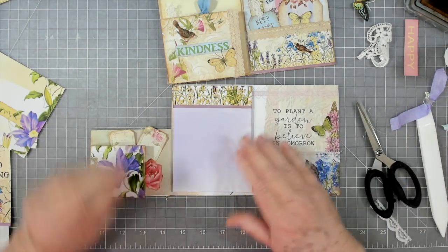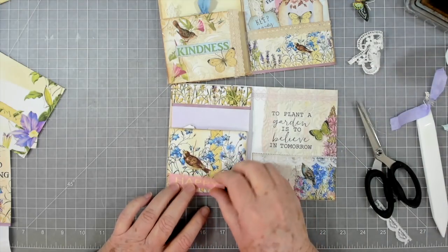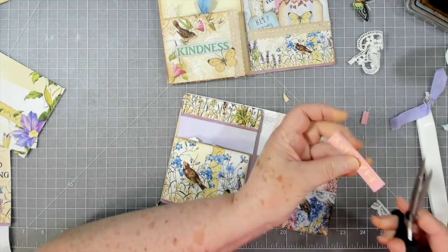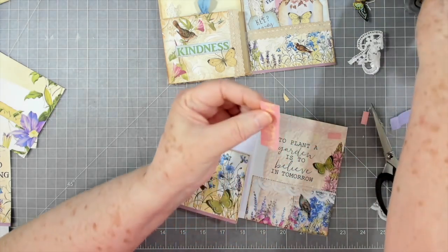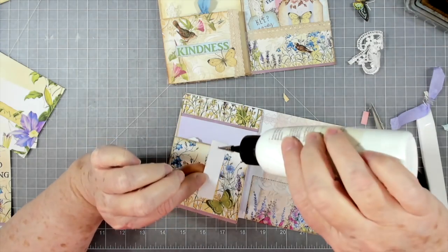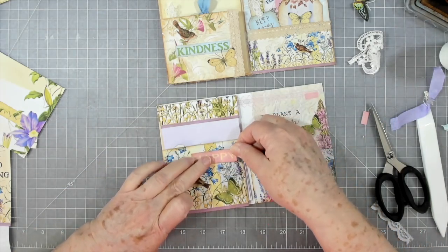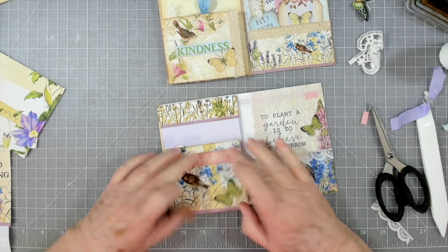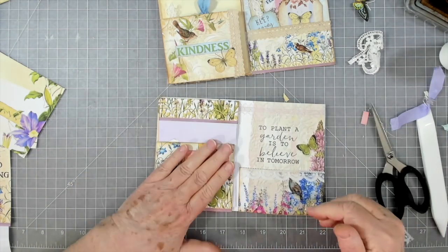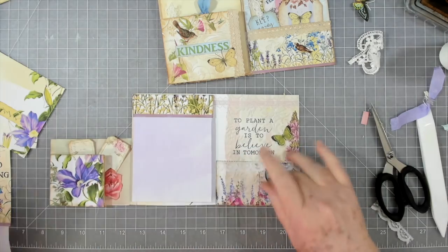Now, what else was I going to do? I feel like I wanted to put this on here, I think. But I've waited. Let's put it up there. I think I'm going to trim it off just a little bit more on each end. She always includes some words and different things like that so that you have lots to embellish with. So let's put that right there. Oh, I like that. That is so cute. Okay. We got that. We got that one. We got that. This one is finished except putting our little